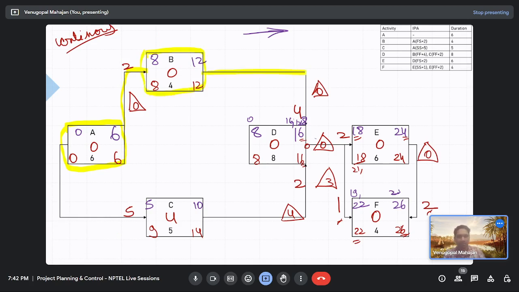This. Then this one. What about activity D? Is it completely critical or not? So when you have got continuous activities, the whole activity would be critical. Okay, 0 total float.